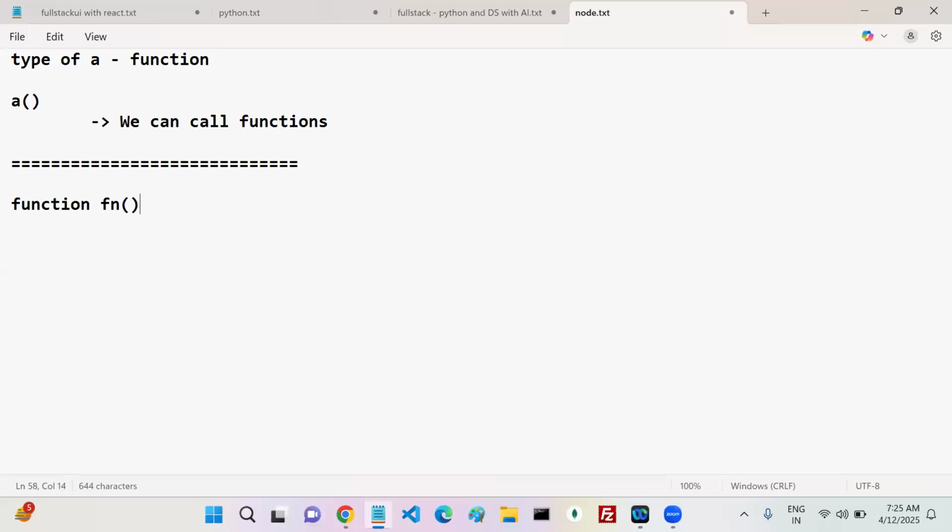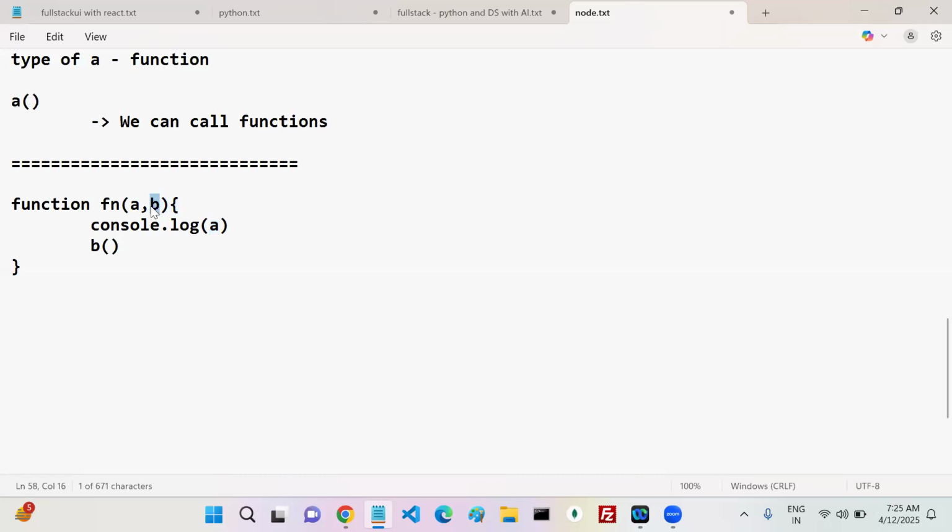Here I have a function like this, with one variable a and one variable b. Now you tell me, console.log of a and b. What is the type of my a, and what is the type of my b? A can be any type, B is of function type. For a, you are just printing, that's it. That means it can be any type. If I pass 10, 10 is printed; a string, a string is printed; a function, a function is printed. Whatever you pass is printed.